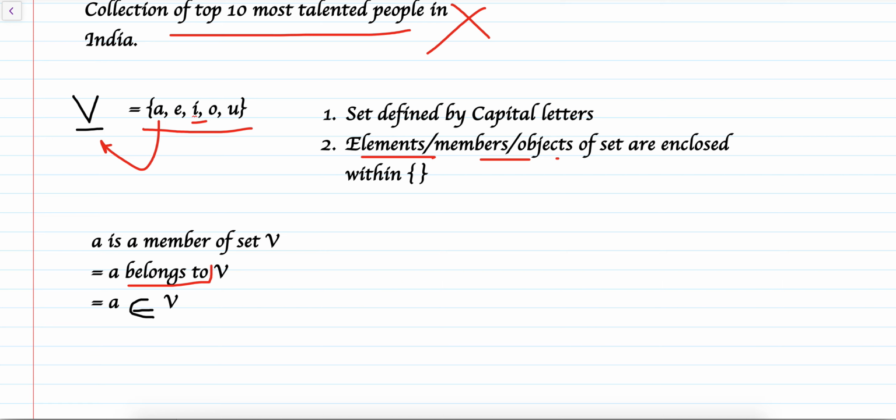So this belongs to, we denote it using this special symbol. So next time you see something written like this, it means A belongs to V. So A is an element of set V. Similarly, here V is the set of all vowels, so it has only 5 elements, and B is not a member of